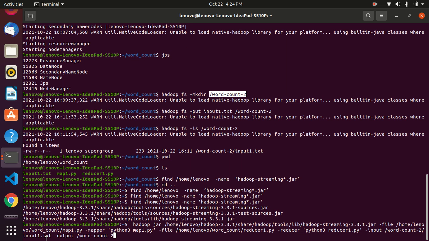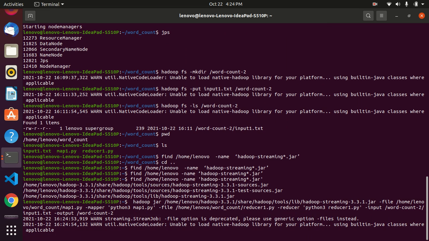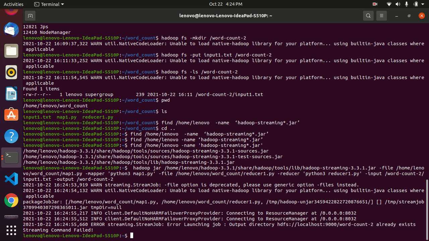And -output is for getting the output, and in the same directory we need to get the output. So we give the directory as /word-count-2, and if we press enter, then it is processing.